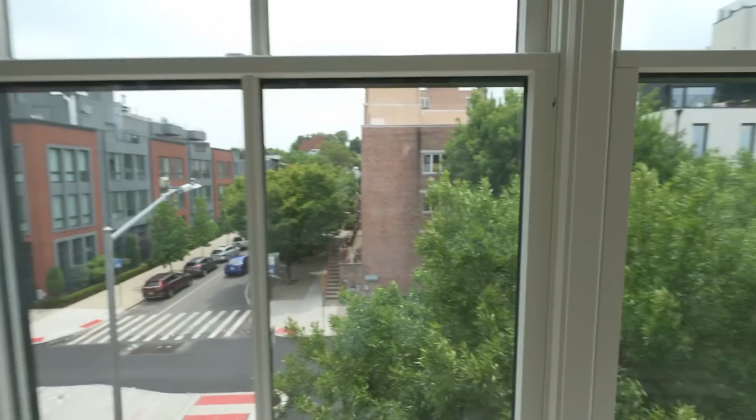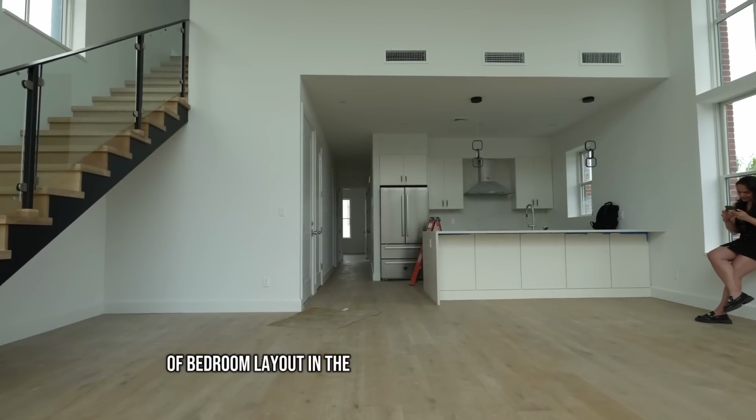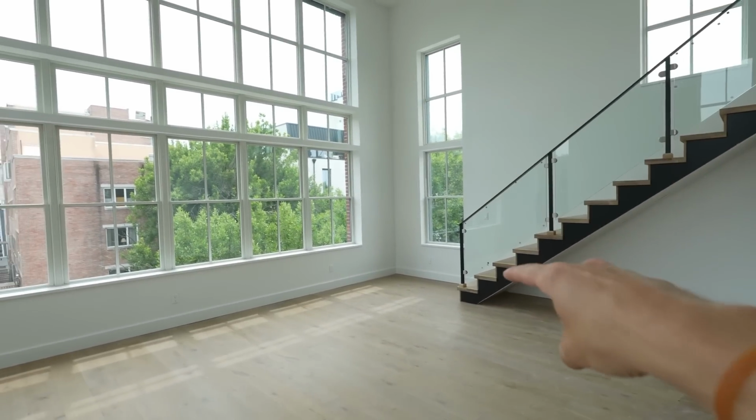This is insane. And there's a staircase. This is pretty crazy. So the floor plate might look a little bit familiar. Same type of bedroom layout in the back. Living room is the same too, but guess what's not here? The third bedroom. Instead you have stairs. Oh yeah, that third bedroom was over here, but now we have...